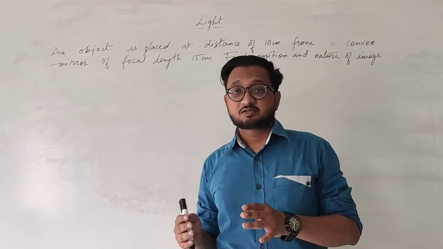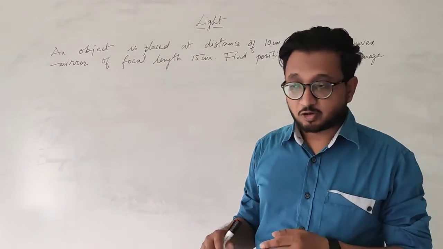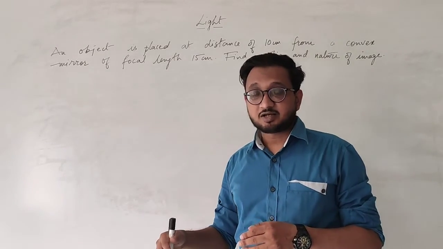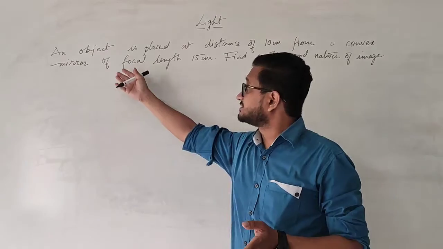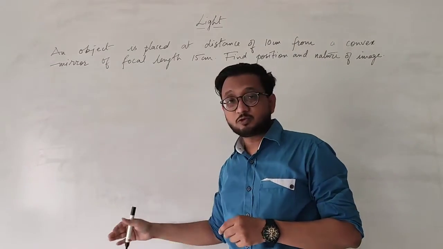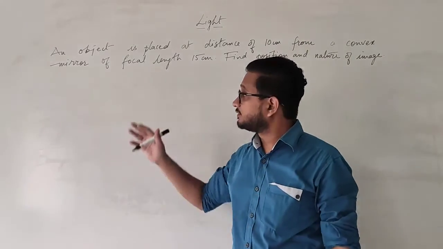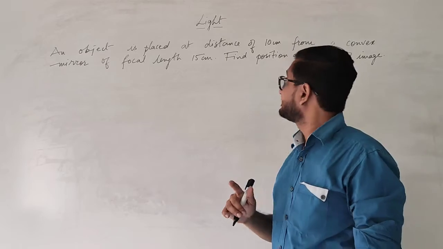So that gives a whole different thing, and your answer becomes completely wrong. Even though whatever you have done is correct, it is not what the question is. Instead of mirror, you have solved for the lens, and that is why each and everything that you do will be wrong. So if it is a 5-mark numerical, you will get 0. So always read the question very properly.